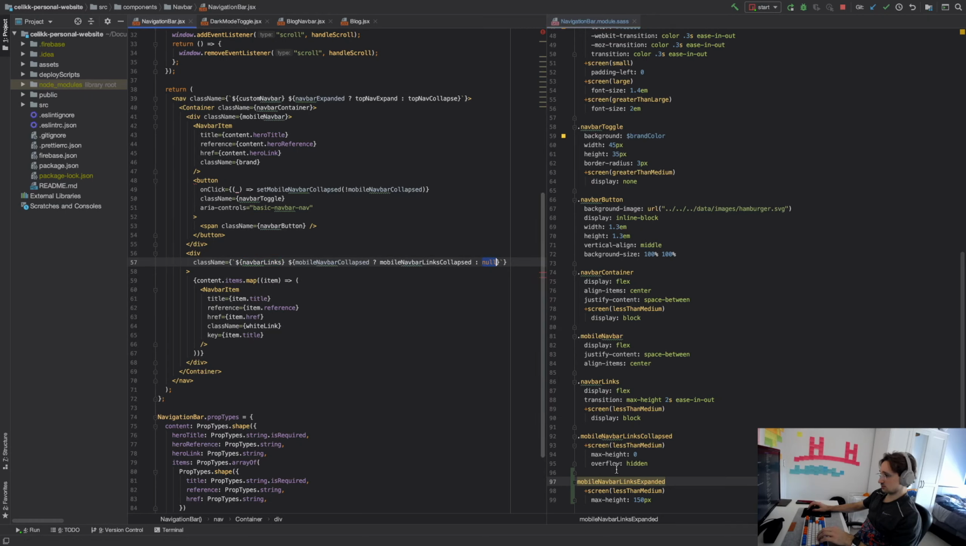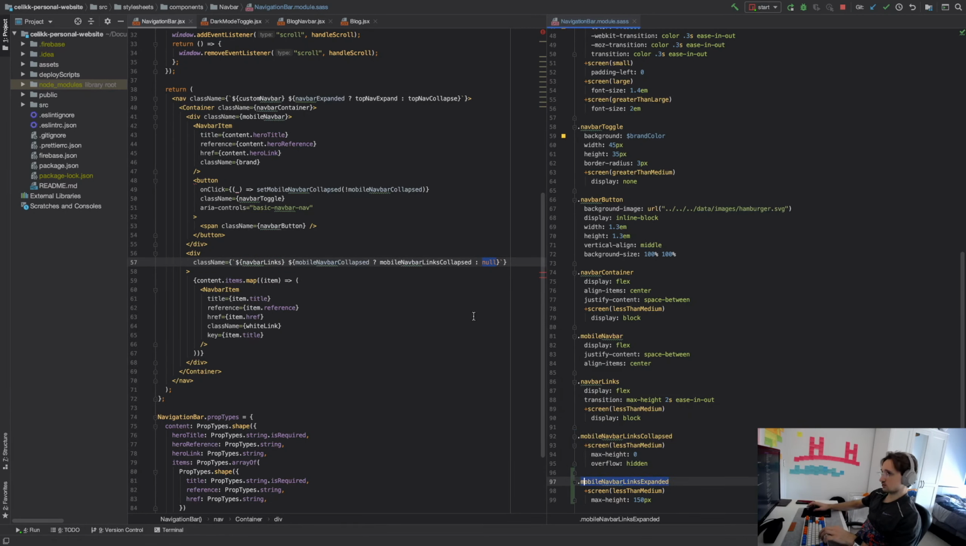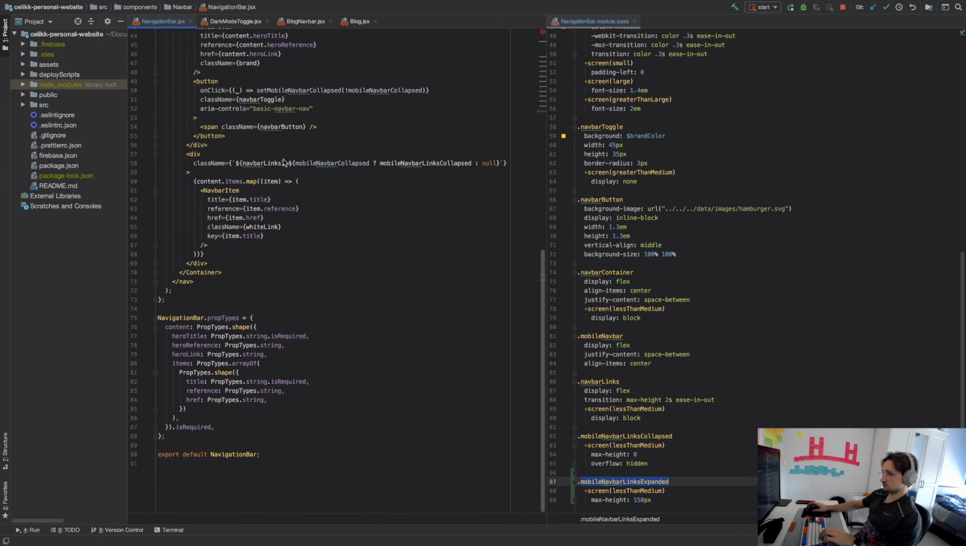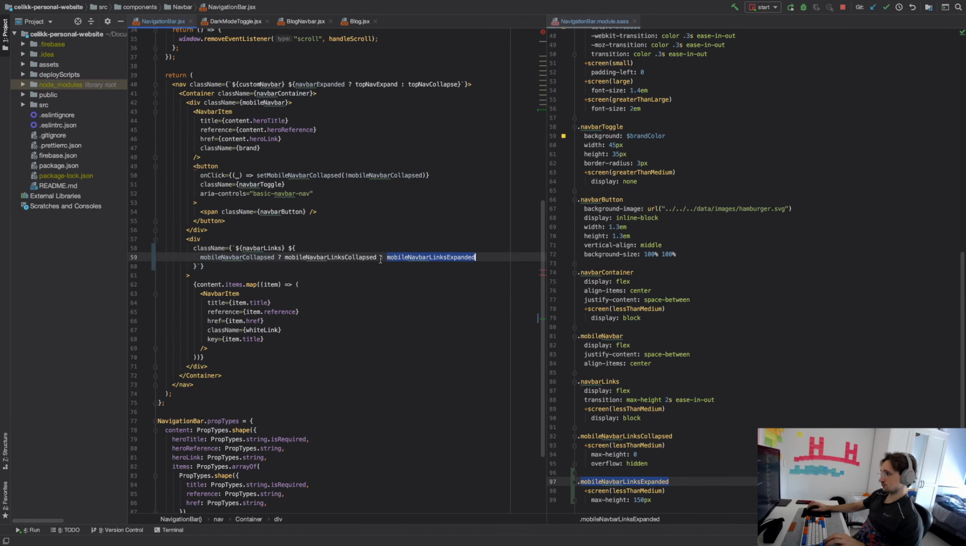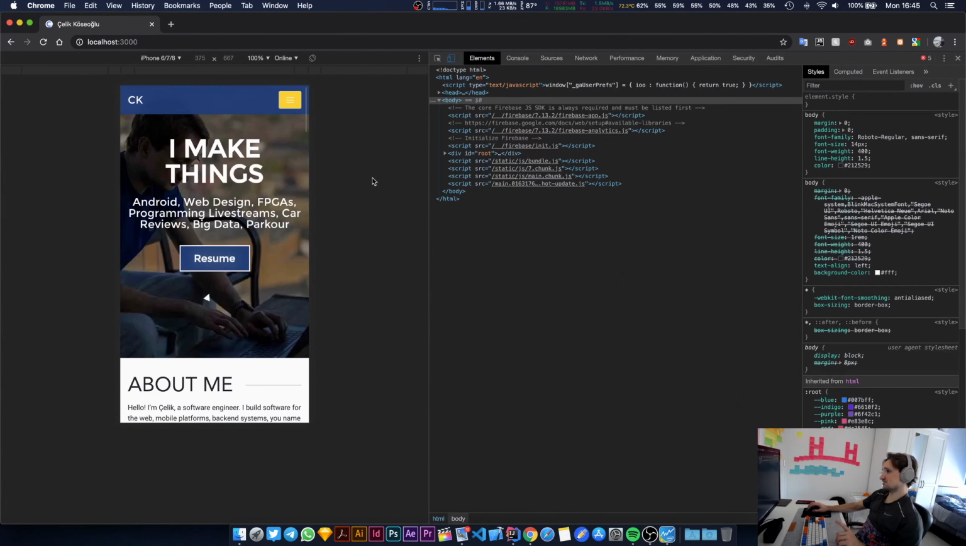And I'm going to use that class name in this file. So let's put it there. Okay. So if the navbar is collapsed, then load this class name. If it's expanded, then load that class name. So this will probably animate our animation. Yep. Opening and closing is now animated using the